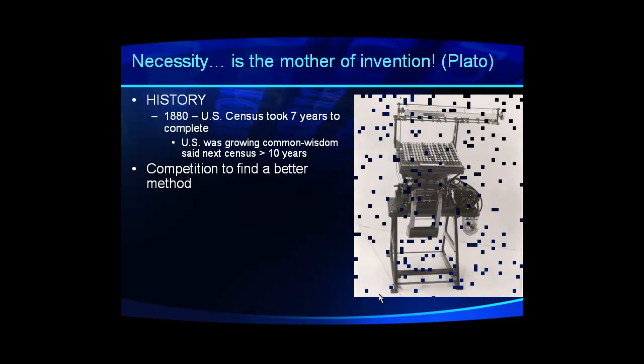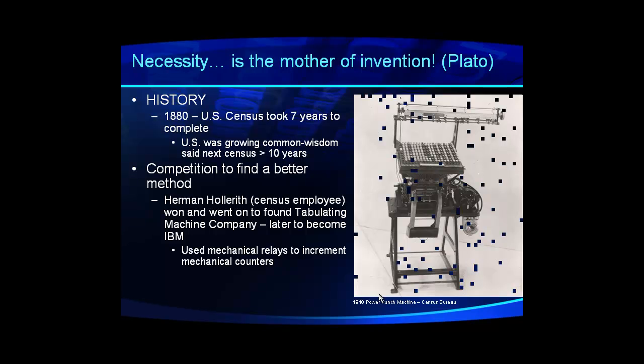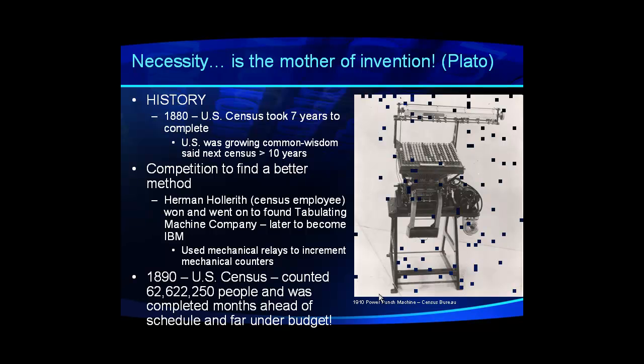And they actually created a contest for their employees to go out there and build something. And Herman Hollerith, census employee, won, and he did a tabulating machine. And it used basically mechanical relays to increment mechanical counters inside of it. Now, just as a side note, 1890, the U.S. Census counted